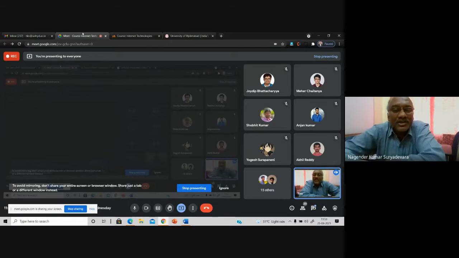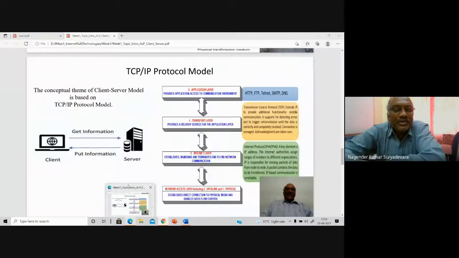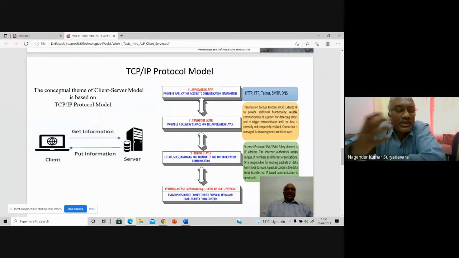Server means a particular system with a program that gives you certain information which it has. Remember, music servers, email servers. YouTube is where a lot of videos are present. Not only YouTube, video servers are there, web servers are there, database servers are there. Servers are of different types, natures and kinds.